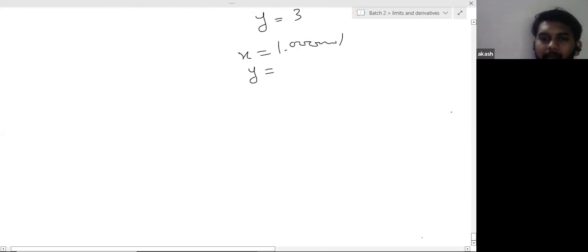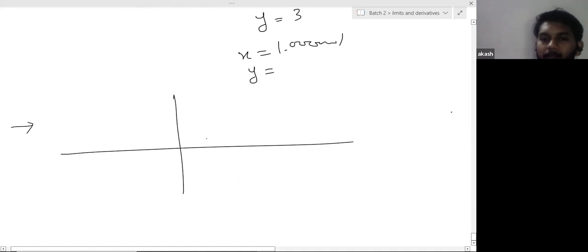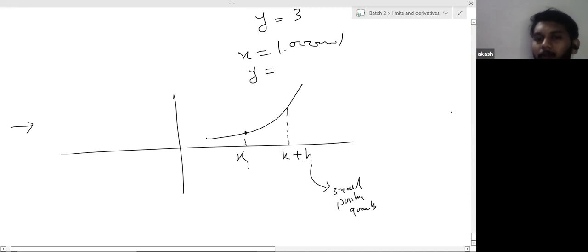So to understand this graphically, suppose there is a graph. This is x, and then this is x plus h, where h is a small positive quantity. All right, I change the value from x to x plus h. And we had a function f of x. So the value of the function will change from f of x to f of